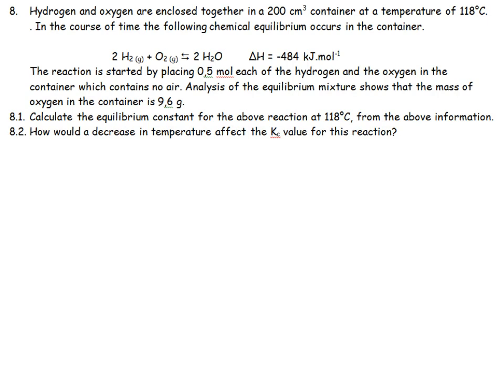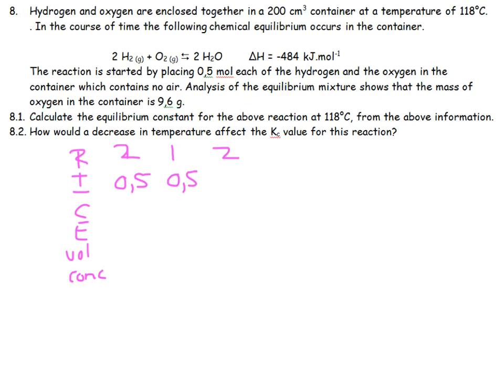Hydrogen and oxygen are enclosed together in a 200 centimeter cubed container. Over the course of time, you've got that. The reaction is started and they give me some information and they want me to calculate Kc. So I'm going to try and do a rice table here. And we've got a volume and we've got a concentration. My ratios are 2 is to 1 is to 2. Initially I put 0,5 moles of both the reactants in, and then they tell me that the equilibrium mixture shows